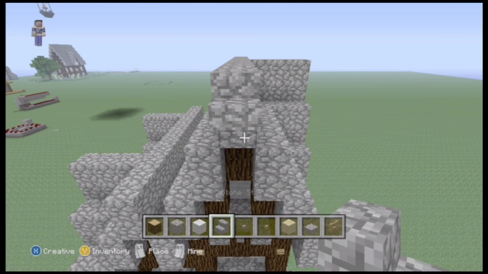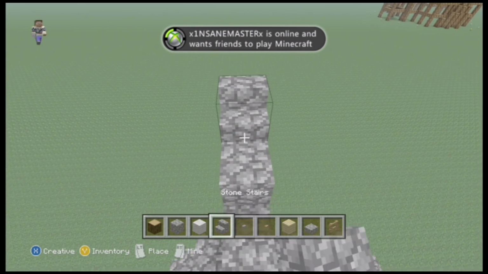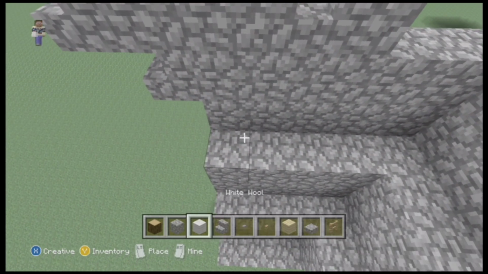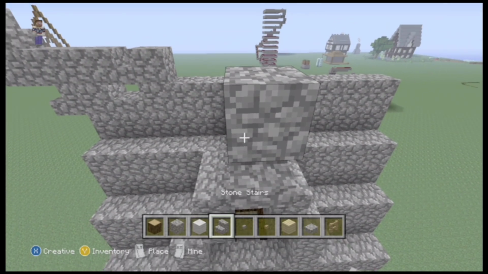Next, we are going to go to the roof and we're going to add my dragon horns. Yep, backward stair, then a cobblestone block, backward stair, cobblestone block, and then right here underneath the stair block you are going to add a half slab, a cobblestone half slab, and that's going to add a shadowing slash lighting